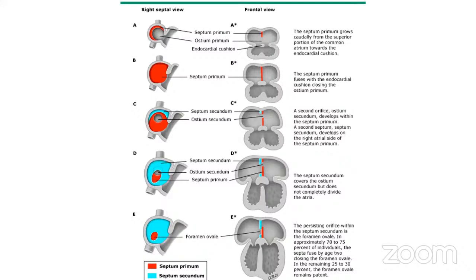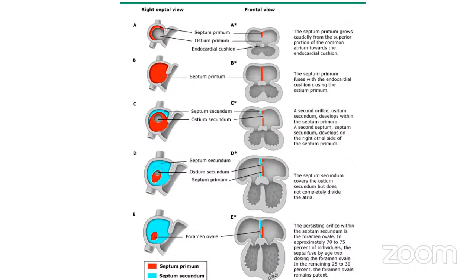For the development, the septation of the atria begins as early as the 5th week of gestation and involves three main structures: the septum primum, the septum secundum, and the atrioventricular canal septum, which is made up in part by the superior and inferior endocardial cushions. The septum primum arises from the superior portion of the common atrium and grows towards the endocardial cushions. The fusion between the septum primum and the endocardial cushions closes the orifice known as ostium primum, separating the right